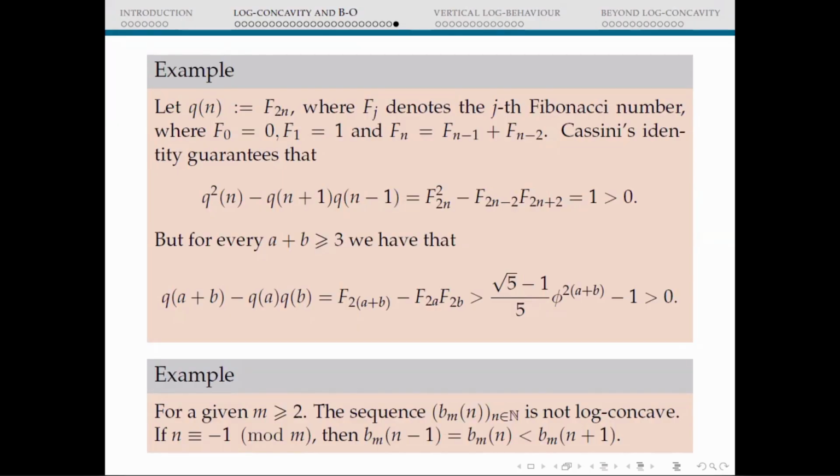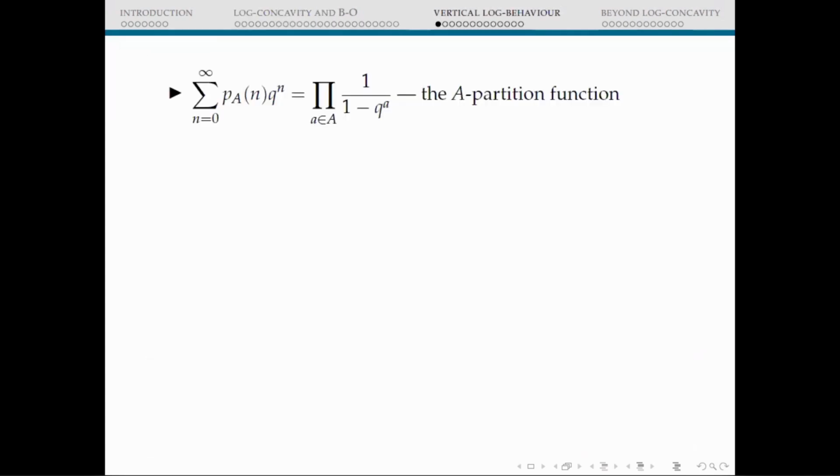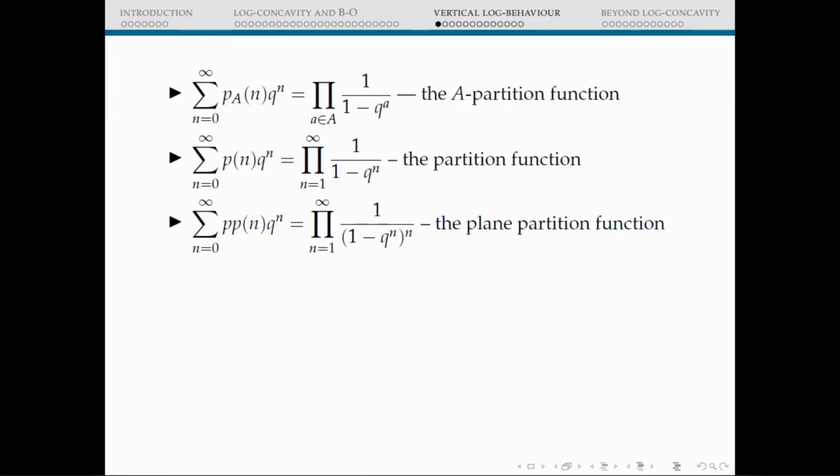Comments for that part? Okay, so now let me go to another problem, which was maybe quite technical, I suppose. Now we also see some generalizations of the partition function. The generating function for the A-partition function takes the following form. If we take the generating function for the classical partition function, it is the following one. Actually, Euler first proved it in 1748, as far as I remember. The generating function for the plane partition function